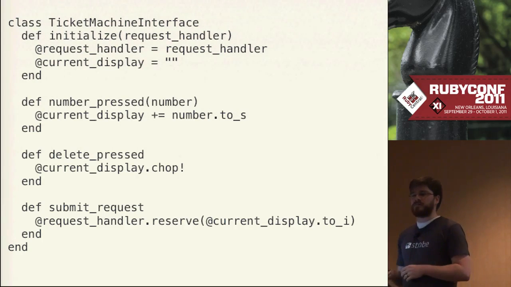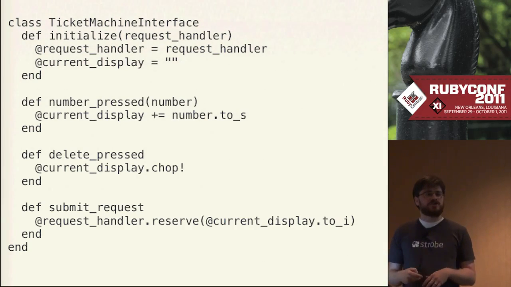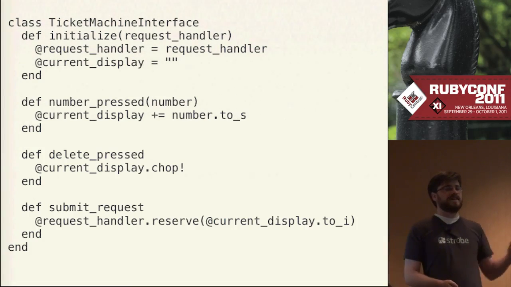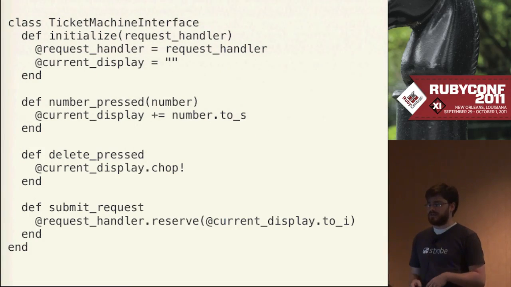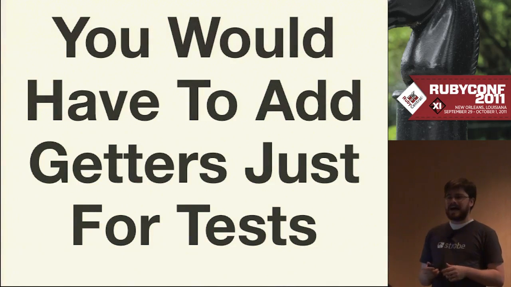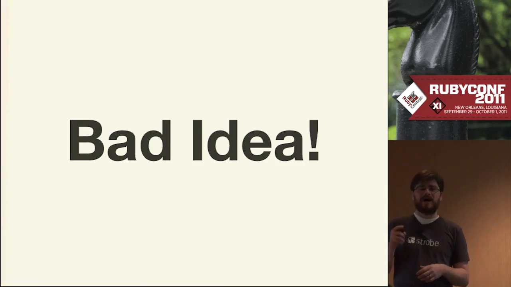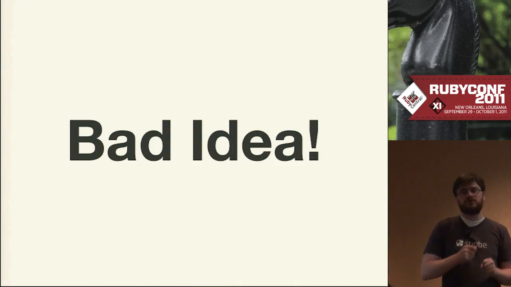But we don't generally expect that of our own code base. But when we start moving in that direction, hiding the internal implementation of the object, we no longer can see its internal state. We can only see what it does. And so how would we unit test this? Well, one method that's been proposed is just add getters for the tests. I don't really think that's a good idea. Because when you start modifying and adding special paths into your code just in order to be able to test it,